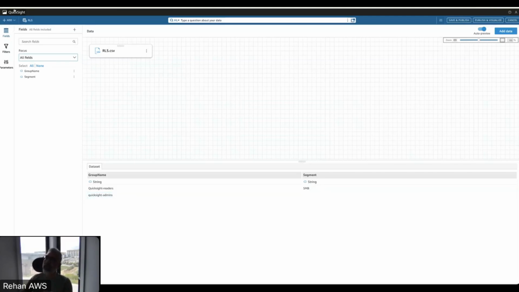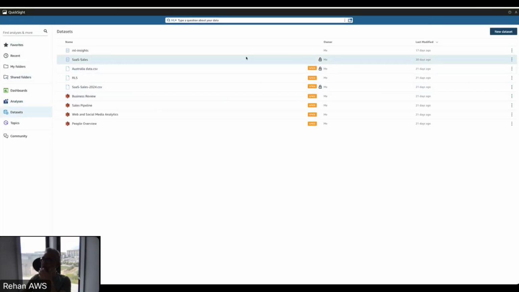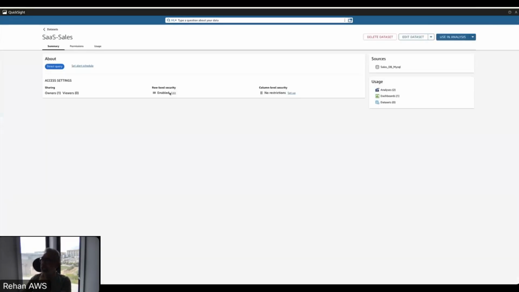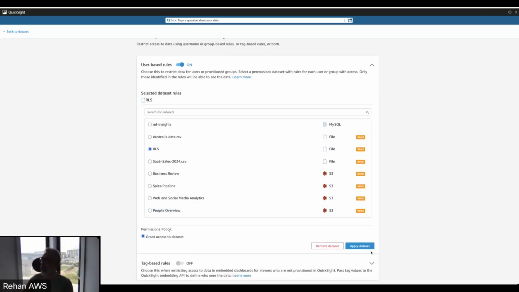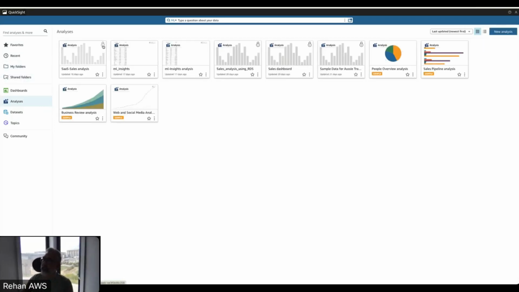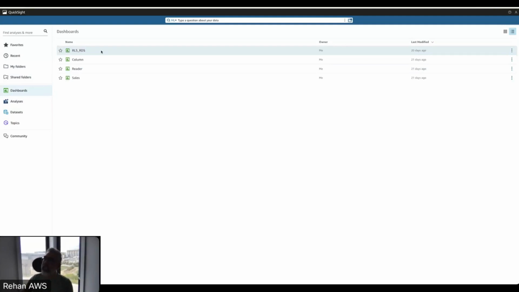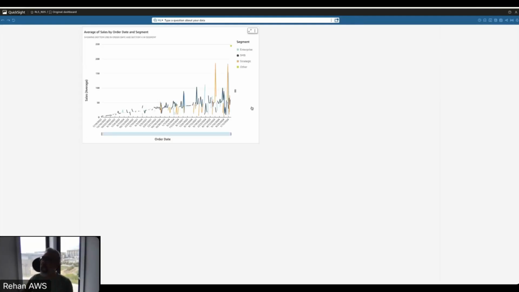All right. So if I go back into datasets and open up my dataset, and I want to enable row level security, I basically just say which CSV file has that defined within it. So I choose that, and then I say grant access to the dataset based on what permissions I've defined, and the group name has to match. I then apply it to the dataset, and if I go back here to my dashboard, see how it's got a padlock, I go into the dashboard that I created earlier. As an admin, I can see all of the data for all of these 4